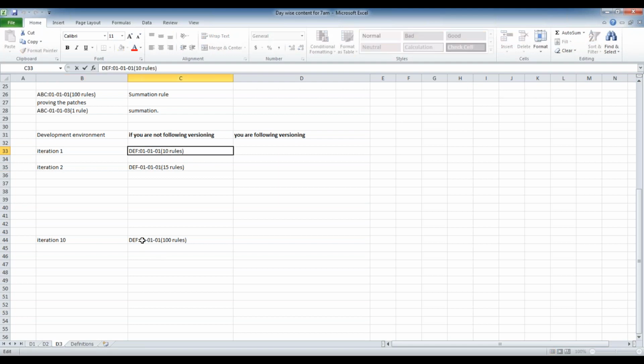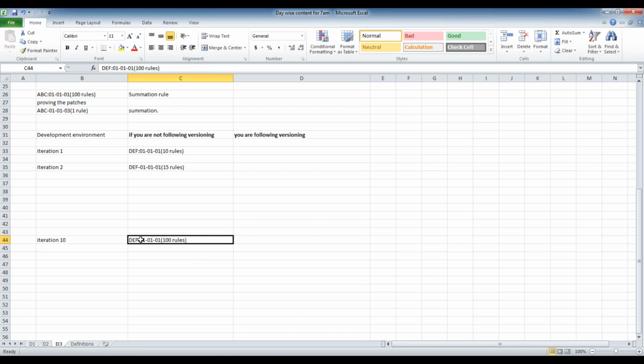Moreover, by the time I created iteration 10, I can see a total of 100 rules. So if someone asks me how many rules we created in iteration 1, there is no answer, because after iteration 10, everything is clubbed here. We are not separating the iteration 1 rules from the iteration 2 rules.